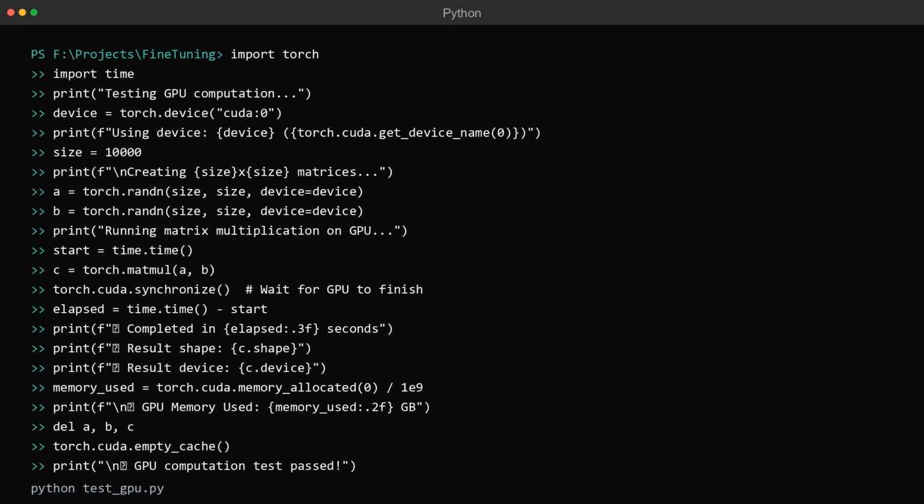This script does something more meaningful than just checking flags. It actually puts your GPU to work. It allocates two 10,000 by 10,000 matrices on the GPU and multiplies them together, then measures how long it took. Matrix multiplication at this scale is essentially the same operation that dominates transformer training. So this is a realistic stress test. The script also reports memory usage before and after, then cleans up by deleting the tensors and calling